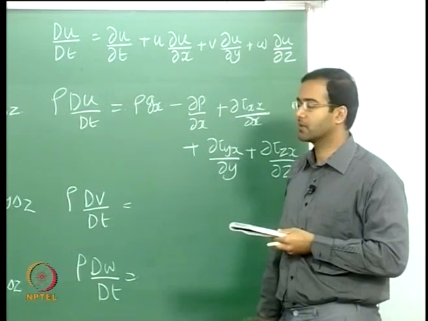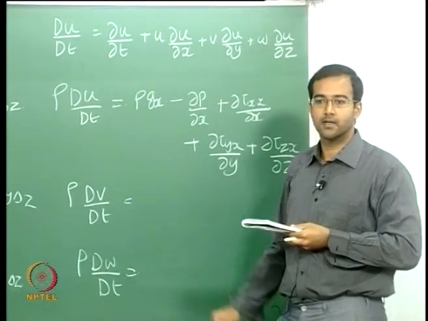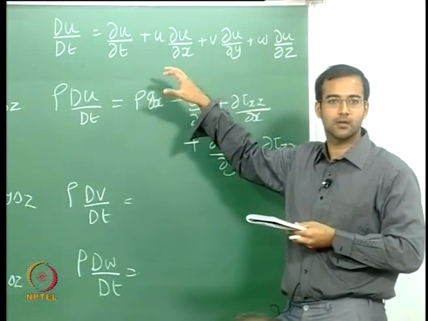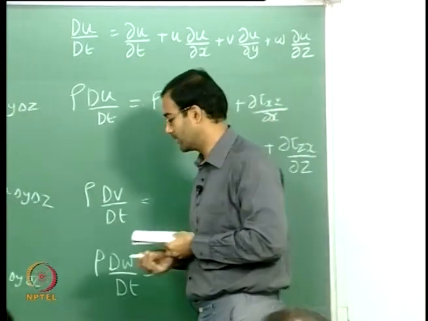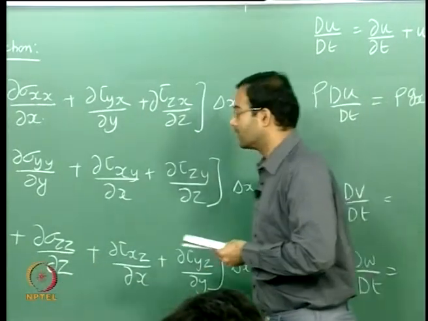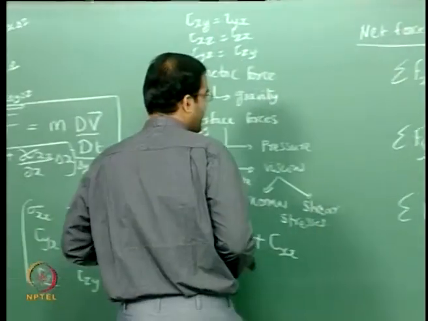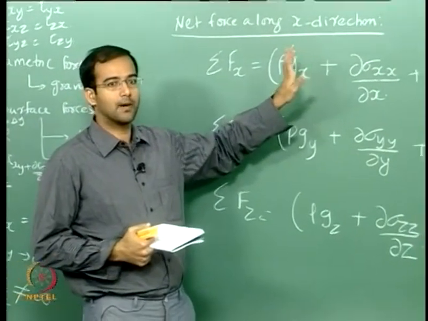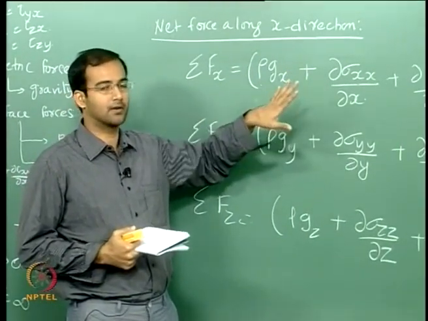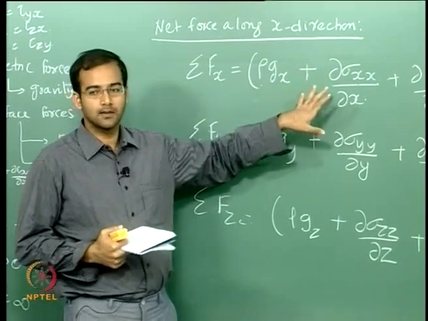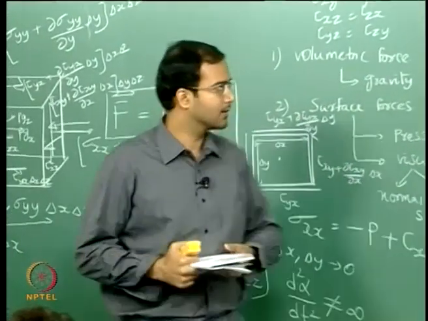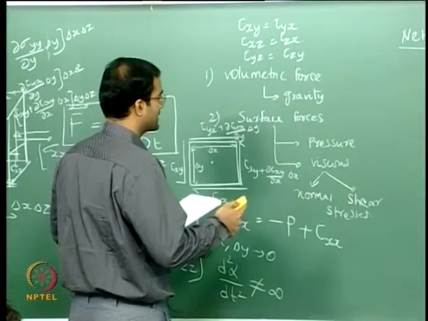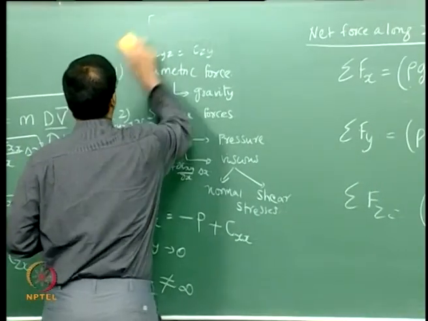and therefore there has to be a relationship invoked to relate these stresses in terms of the velocities. So that's what we are going to invoke: this approximation as a Newtonian fluid. So far we have not invoked any great assumptions, right? We have considered all the forces, we have made sure we have balanced them properly, we have not neglected anything, we have not made any fundamental assumption here, except that we are working on a Cartesian framework. But now the first assumption is going to be that we will take consideration for a Newtonian fluid, and for a Newtonian fluid,